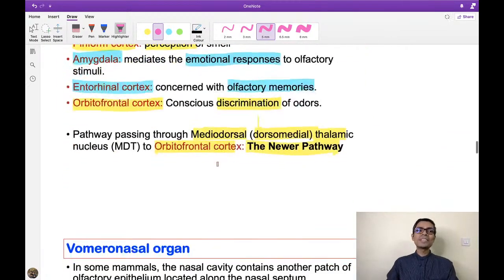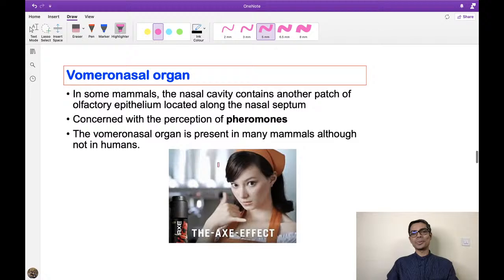Do you think this vomeronasal organ is present in humans also? No. You must have read in biology that the vomeronasal organ is for detection of pheromones. This is present in some of the lower mammals, but not in humans. The neurophysiology books say that the vomeronasal organ is rudimentary in humans. It is not present in humans, right? But although the vomeronasal organ is not present in humans, although the pheromones are not present in humans, Ganong is